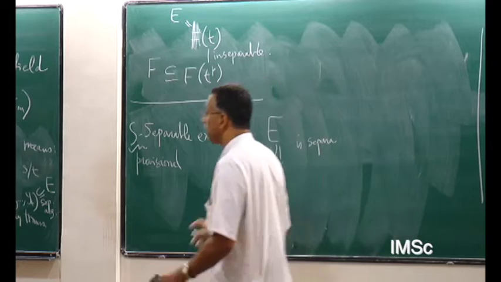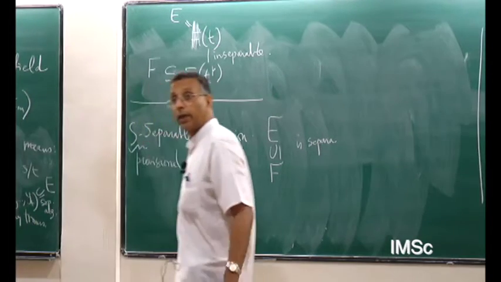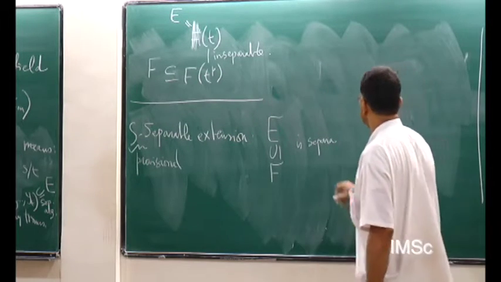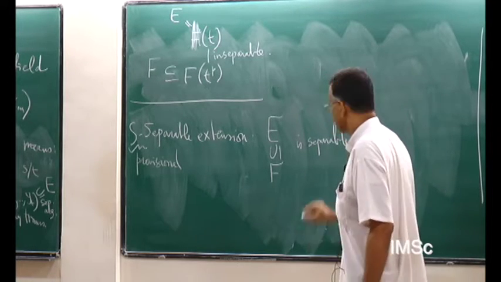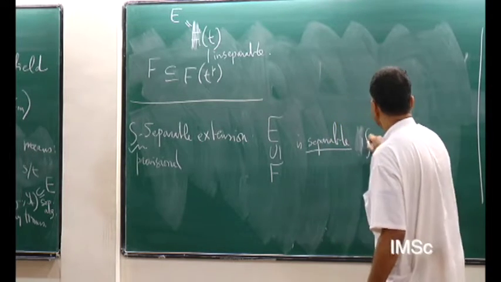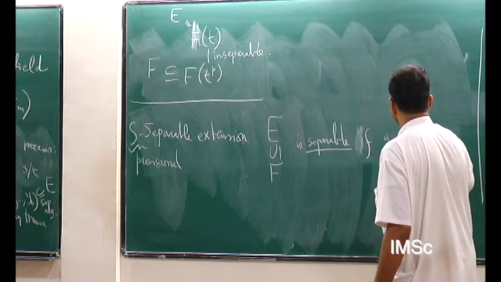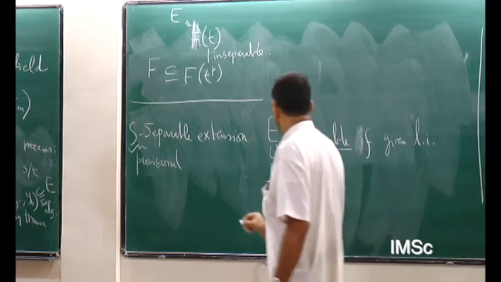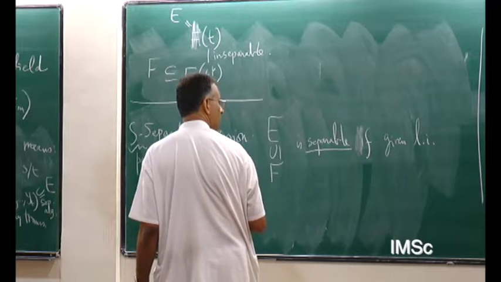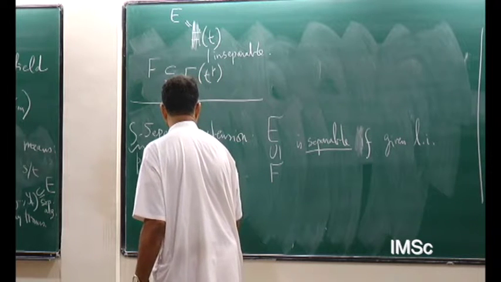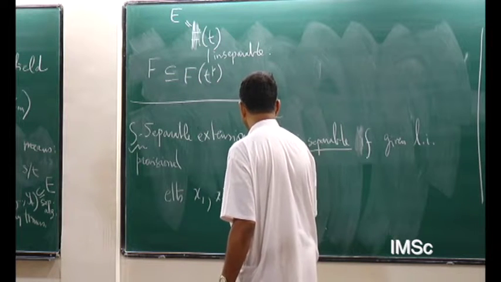In this case, meaning he is assuming that E is finitely generated as a field over F, E is separable if and only if, this is a definition, given linearly independent elements x1, x2 of E over F,